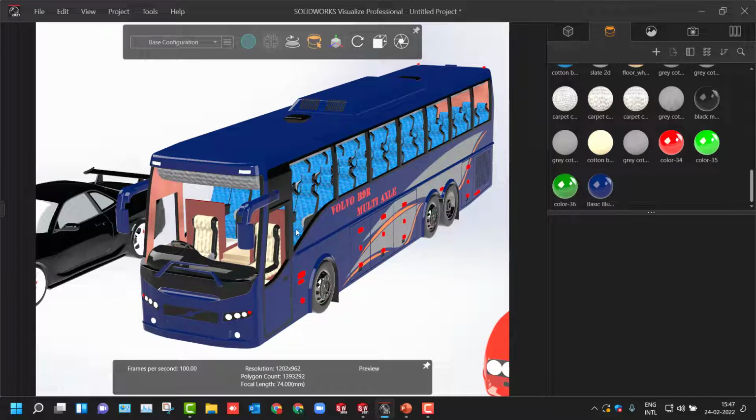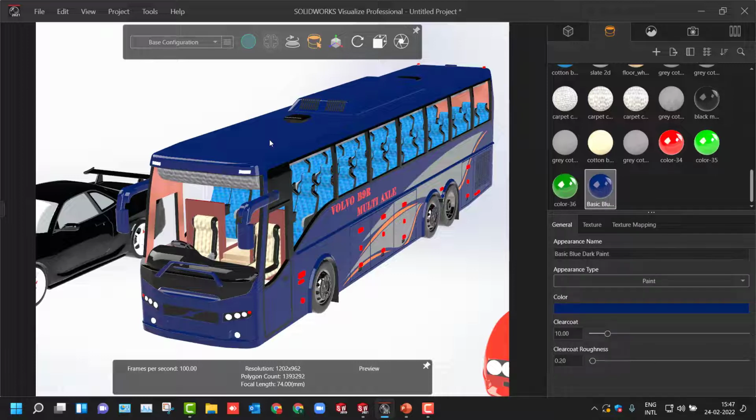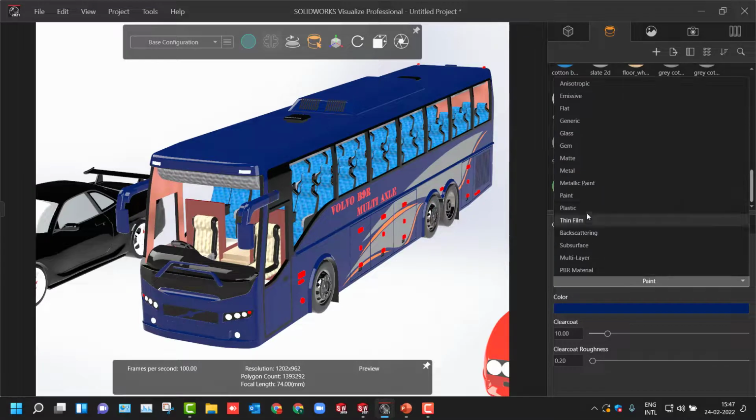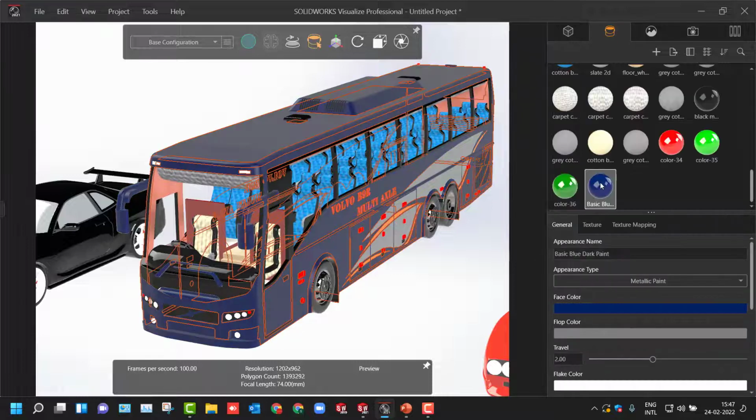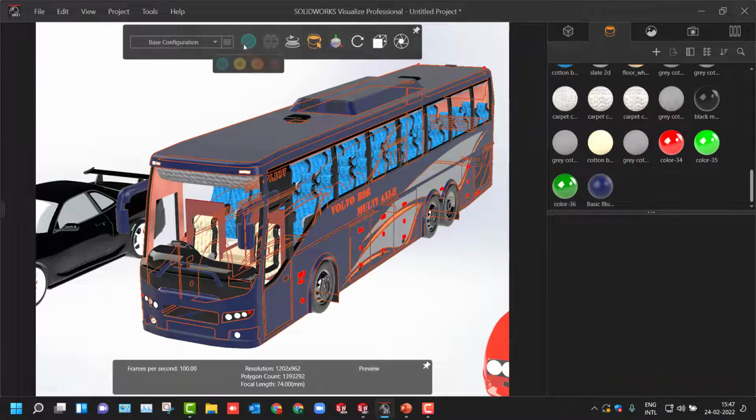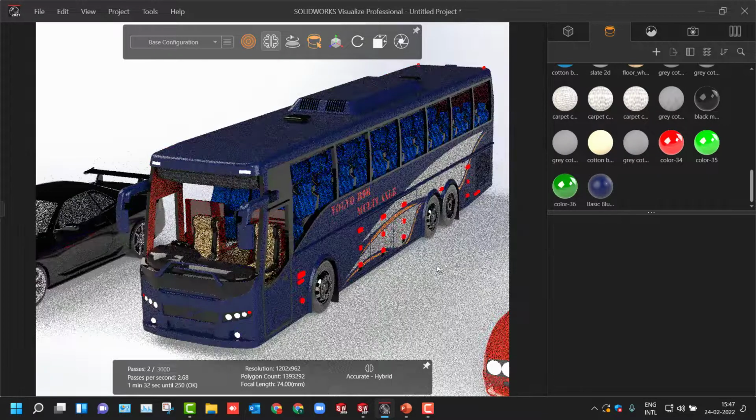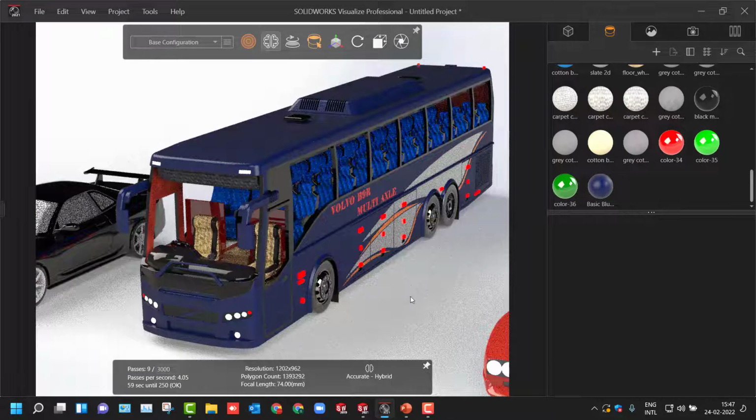Now let's say I want to deal with the appearance, this one. I want to deal with different options, what all I can do. If you have selected the appearance type as paint, you can switch to any of these formats. Let's say whatever the paint I have selected, I need it to be a metallic paint, and you could see the preview. You can go to the preview mode to cross check the same. So this will look like this,